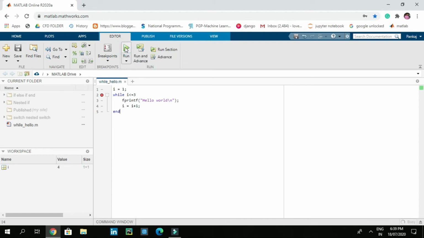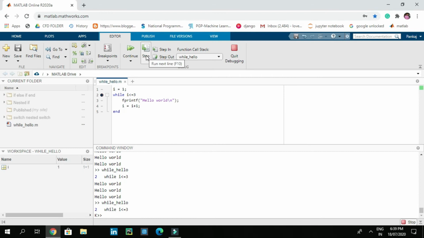Now let's run this and let's open the command window. Let's click on step, so it goes to the next line. Now again click on step, so we go to the increment and we printed hello world 1 time.